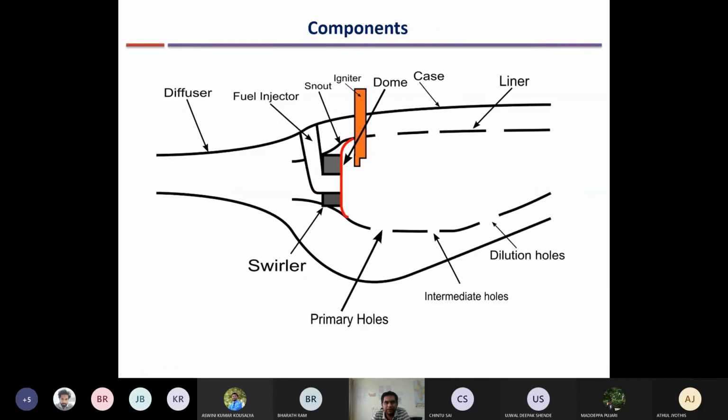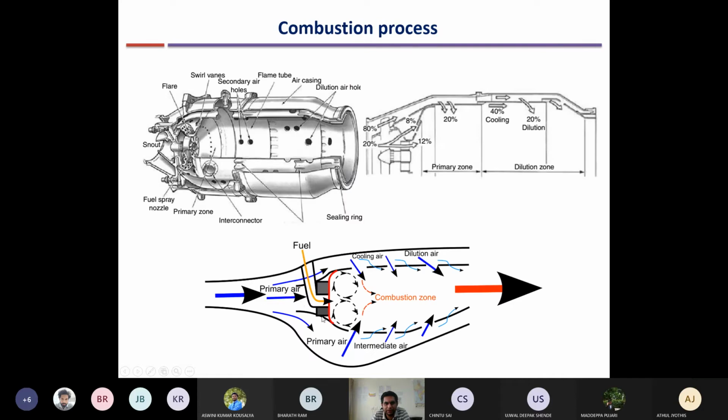And we have gone through some of the basics of how the air circulation occurs. I will just repeat a little bit of yesterday's discussion. Most of the air which comes out, around 30 to 40%, goes in as primary air, which takes part in the primary combustion. Fuel is injected and it mixes with a small amount of primary air. The rest of the 40% primary air comes in and mixes, and there is a relatively high fuel air ratio in this region to sustain combustion.